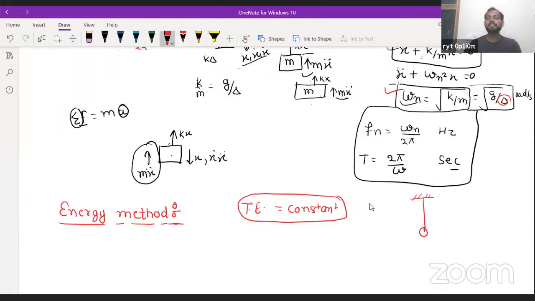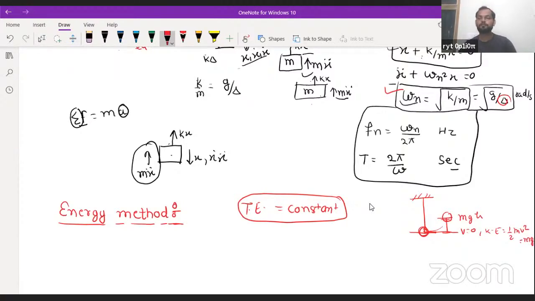when you displace this system from here to here, in that condition what will happen? It will gain some amount of potential energy, mgh, and when you release this pendulum from here to here, the potential energy will degrade, but it will convert into kinetic energy. So at this point potential energy is 0, but kinetic energy is maximum. That is equal to half mv square, and that is nothing but the